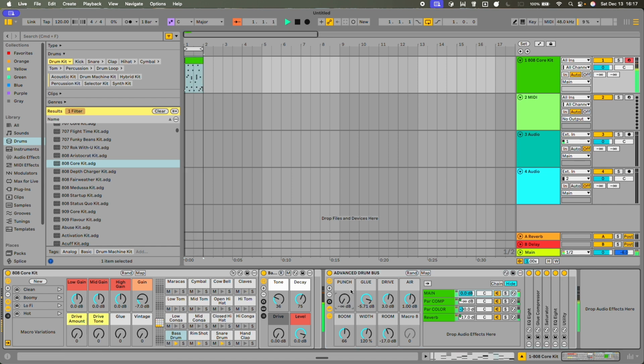Let me just remove all these parameters, and the moment I start adding in punch, these are macros, you can see the difference it's starting to have. And you can play around with the settings however you want. You can add some tone,